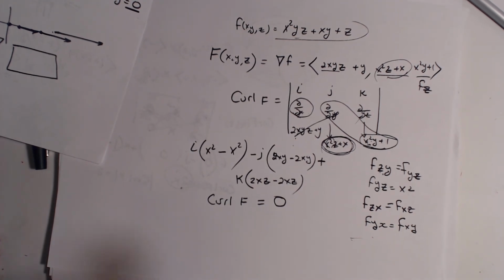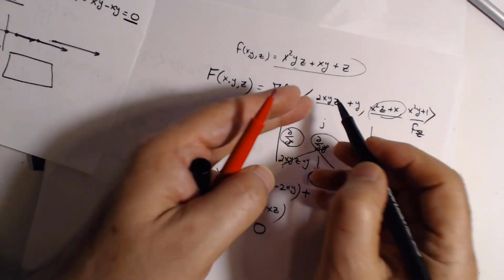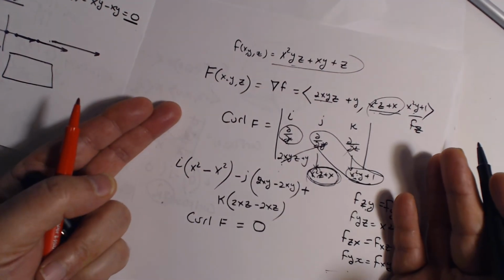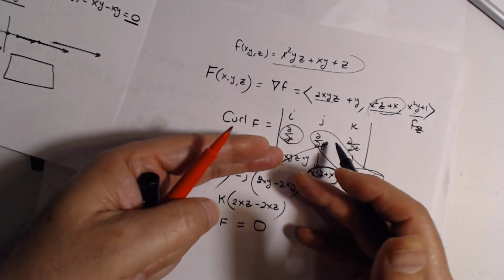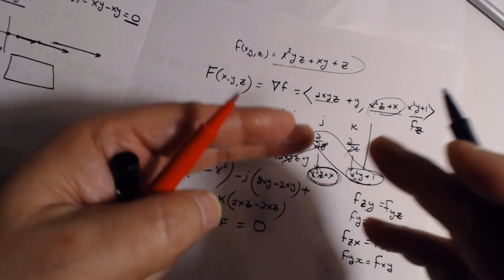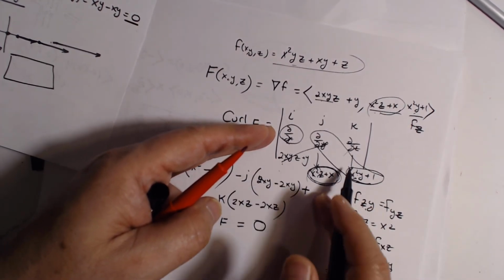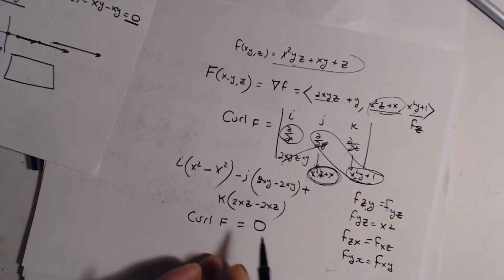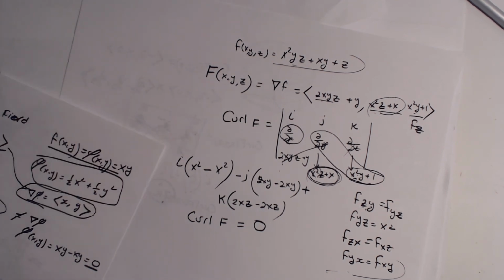Because if you do have a conservative force, those x component, y component, z component are already a partial derivative. Then you're taking the derivative of the partial derivative, but in a different order. If it's with respect to x, you do with respect to y. If it's y, you do with respect to z. And because the order doesn't matter, you get 0. Then this is telling you